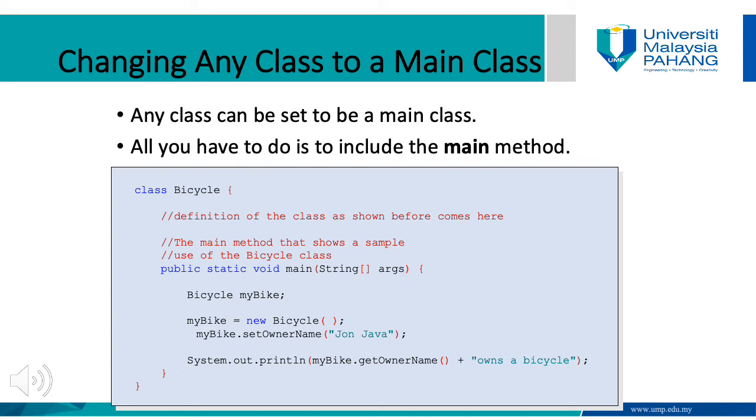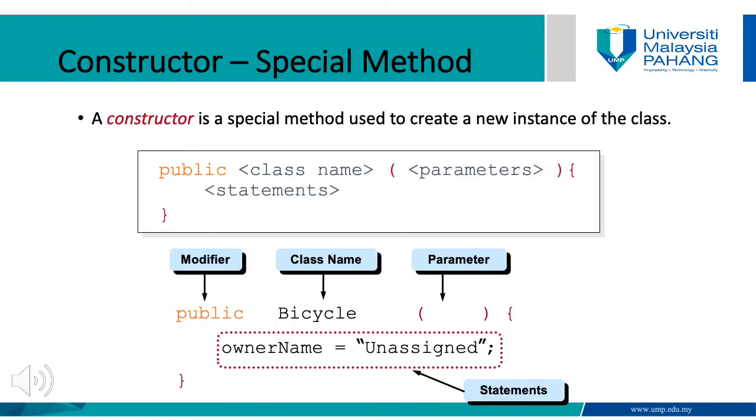So first you state the modifier, and then you set the main method, and then you include the statements. So now from a regular class, it became a main class by simply including the word main before the parameters. Here it sets the parameters, which is the string. Now